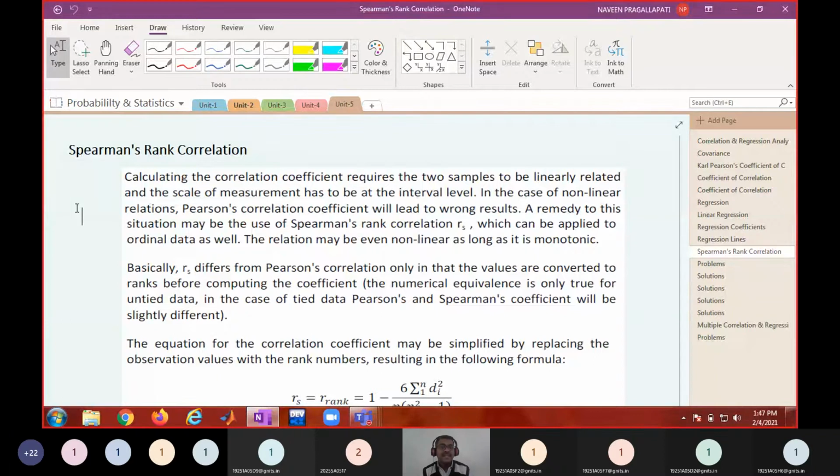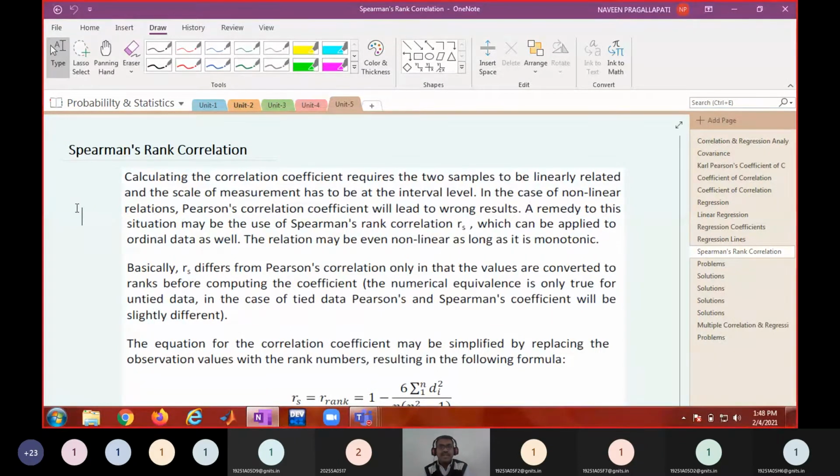Sometimes these ranks are not necessarily quantitative; sometimes they may be qualitative also, through perceptions. If it is quantitative, just by looking at the magnitude, the ascending or descending order will give the ranks. But if it is qualitative, several other factors may be involved in giving the rank. If that is the case, we apply Spearman's rank correlation, and see how close the judgment is between the two judges.